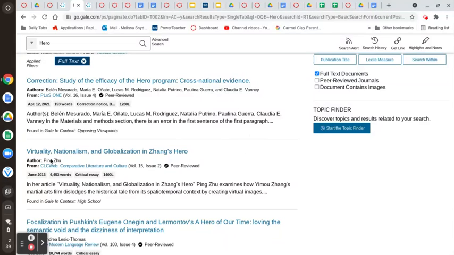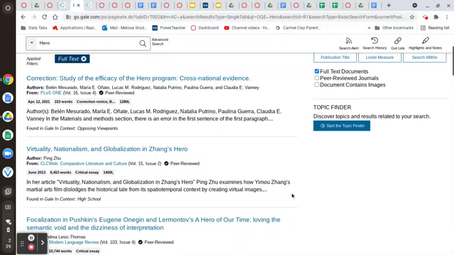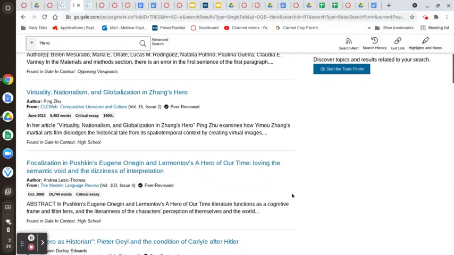articles. Okay, so notice here, "Virtuality, Nationalism, and Globalization in Zhang's Hero," talking about a movie here. This is a critical essay, looking at how the martial arts film Hero kind of goes against the grain as far as history goes. This doesn't really have anything to do with what I want to talk about in my paper, so I'm going to keep looking. Okay? But I can look at the titles, and the synopses or abstracts, the summaries,